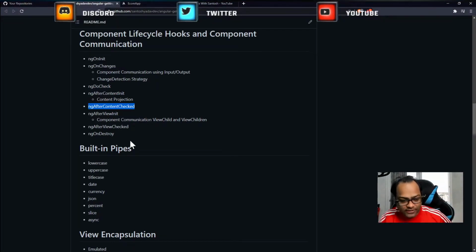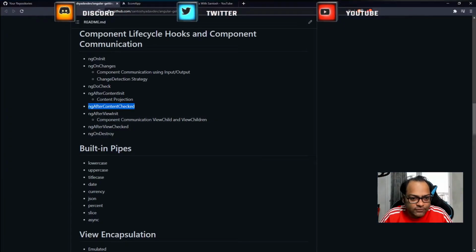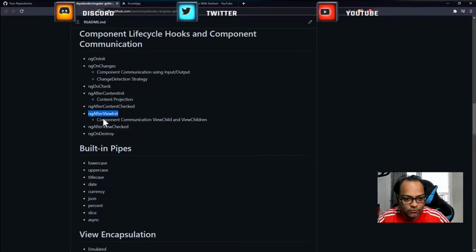So in case you get an error, as I said, I've never used it in my use case, so we are not going to talk a lot about this after content check. We are just going to talk about the important ones like after view init. So let's move on to after view init, and in after view init we will discuss a few more